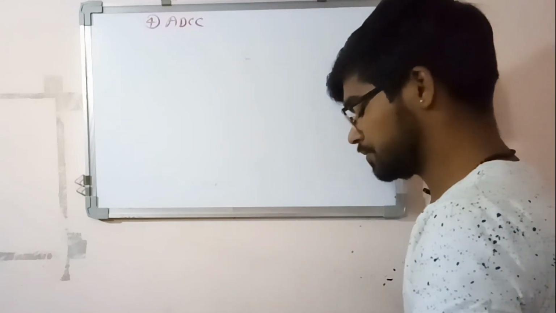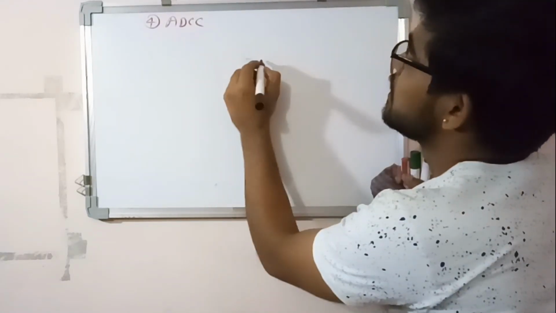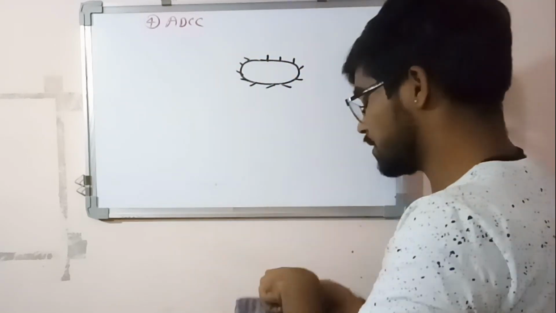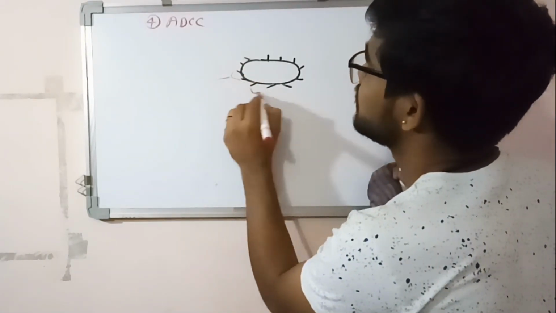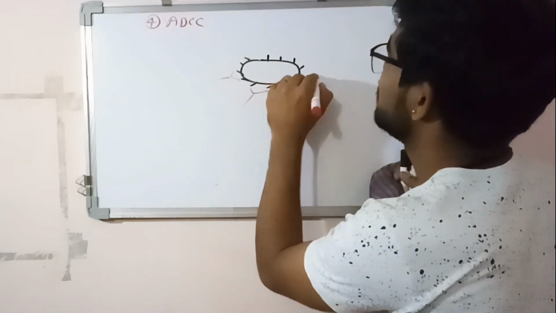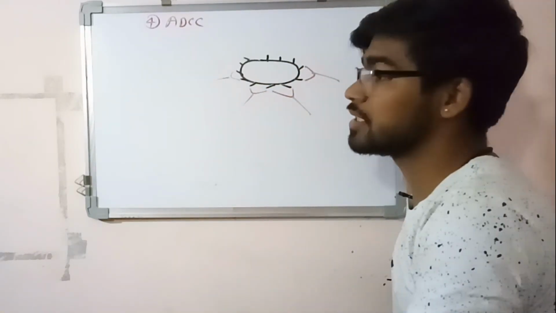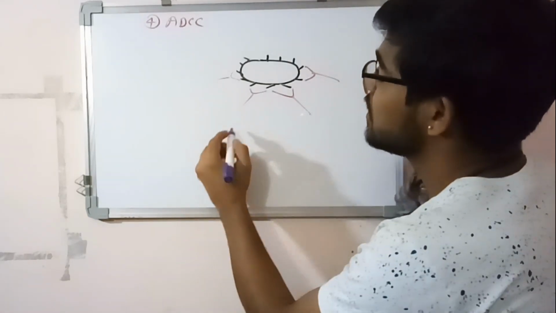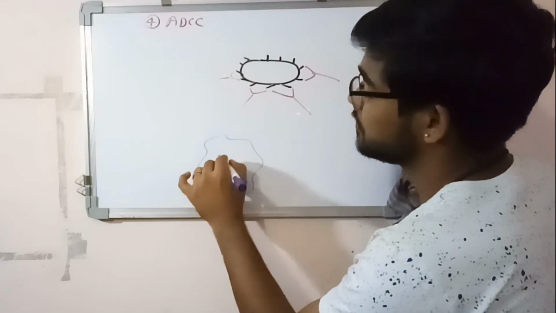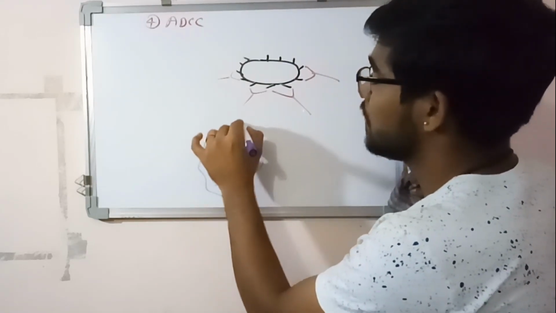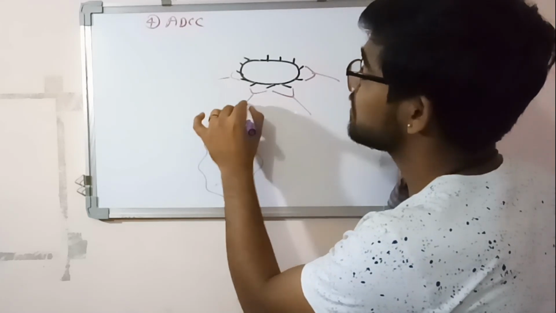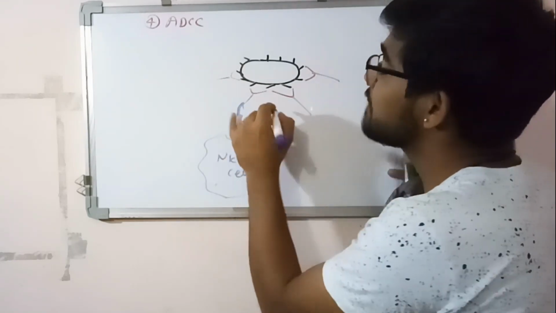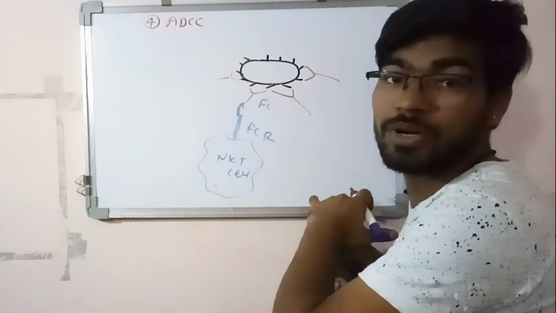So for example, any pathogen comes. This is the pathogenic site. So here the antibodies bind. So through antibody response, a cellular response is mediated. Through this response, cytotoxic cells or NK T cells come. So for example, this is the NK T cell, and they have a specific receptor, the FCR receptor, to bind with. So this is the FCR receptor which binds with the FC region of a pathogen-bound antibody, and they start